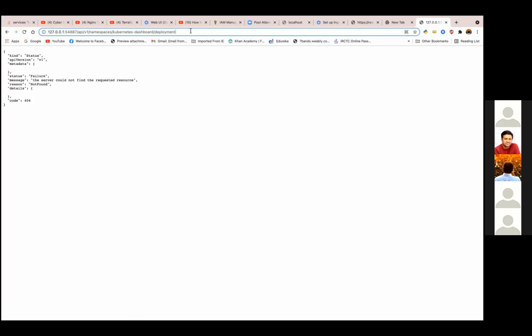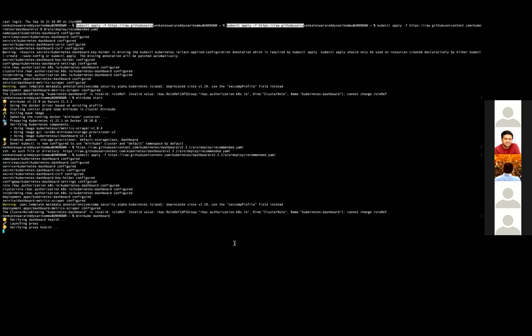Okay, so go back to your proxy, go back to the command line. I think Kubernetes is 100% working. I can see services are working, everything, but right now only API services are there. Can you kill this again? Control C and start again. Kill it. Control C and up arrow, Minikube dashboard. Yes, hit enter.